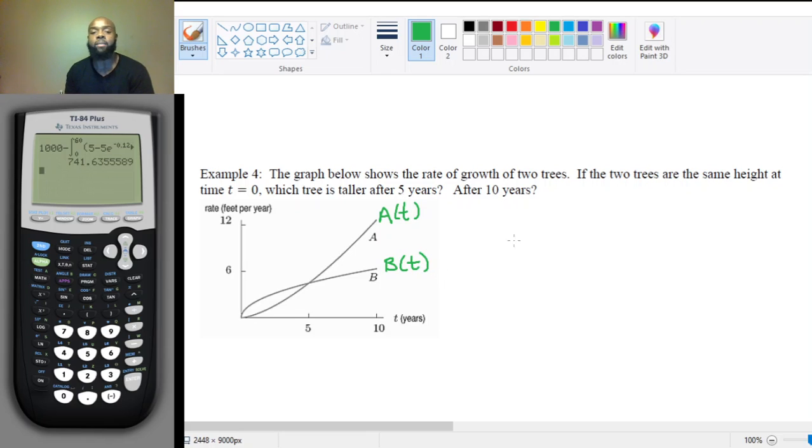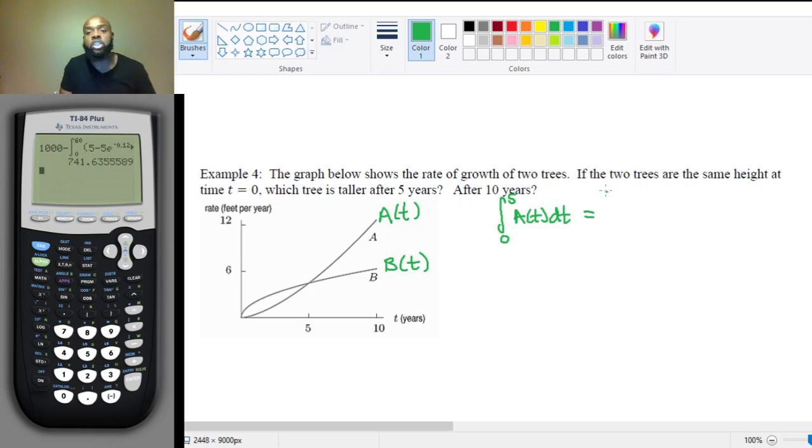Before we even start to answer this question, I want to show you conceptually what's happening here. If I want to know which tree is taller over a certain time period, I'm going to look at which integral is bigger, right? Because the integral represents the total change, or the net change, in your quantity. So if I did the integral from 0 to 5 of a of t dt, and a of t is the rate of change, which is this graph right here for tree A,